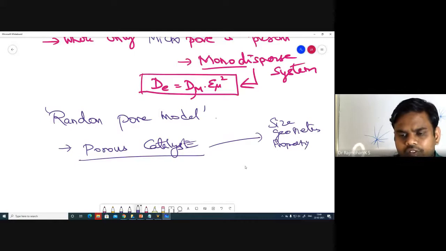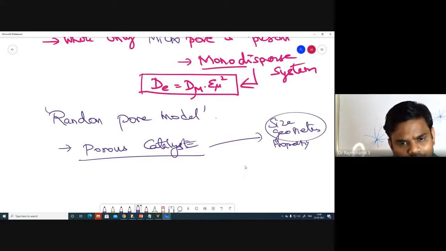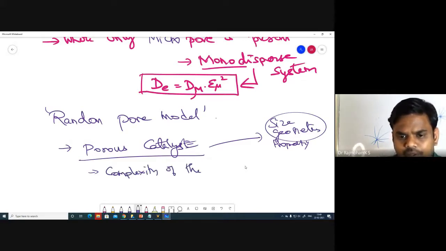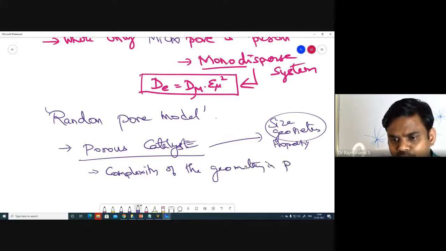The physical properties are going to vary for different porous catalysts, even with the variation in the method by which it is being produced, because we are going to have complexity in the geometry. Because of the complexity of the geometry in the pores of the catalyst,